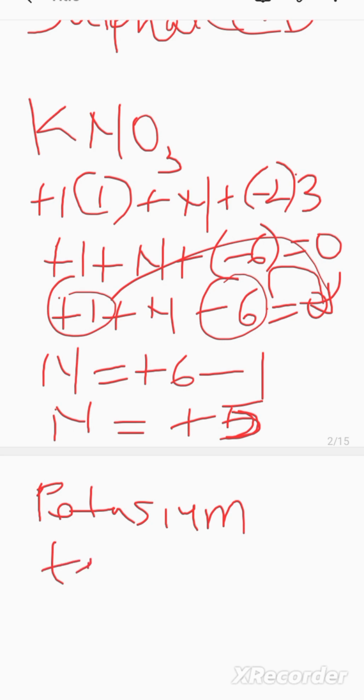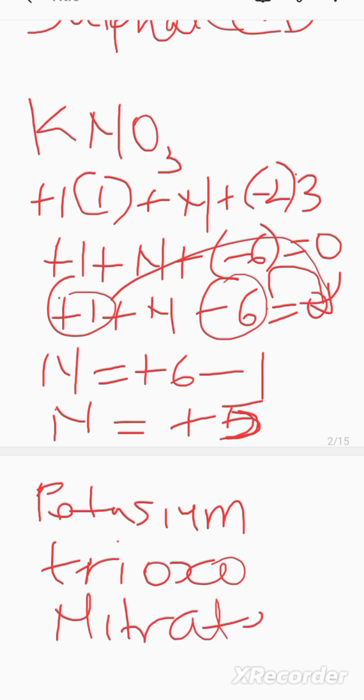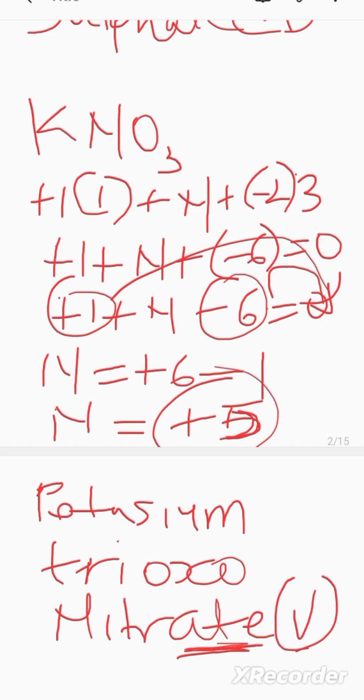How many do we have? Potassium trioxo. After the trioxo, we have the nitrate. See now, we change nitrogen to have a suffix ending in -ate. So we now copy our oxidation state, which is 5. So this is how we go with this. So the next question is